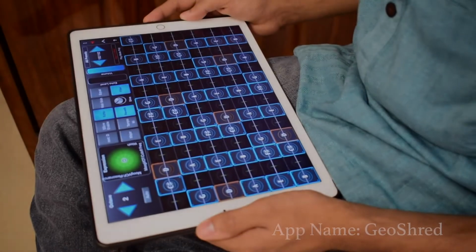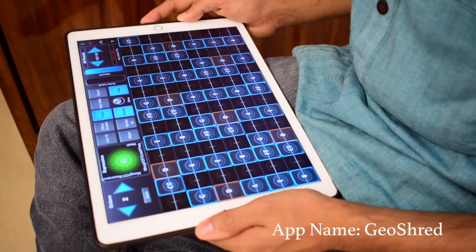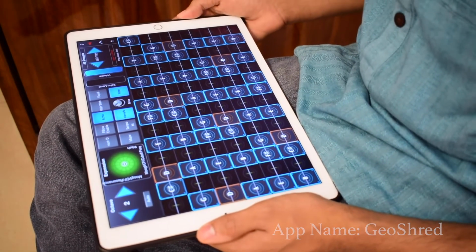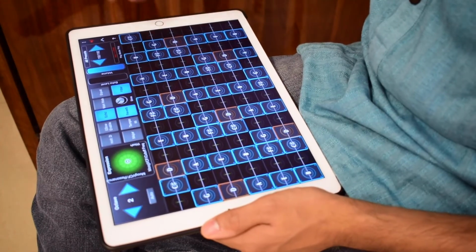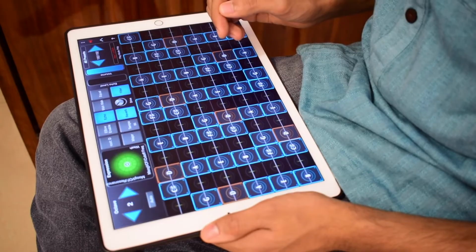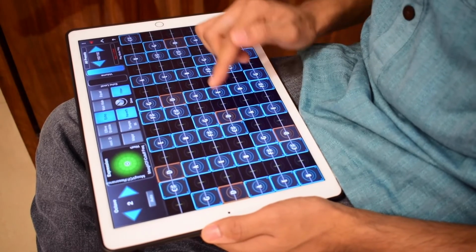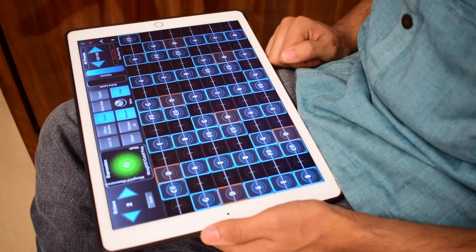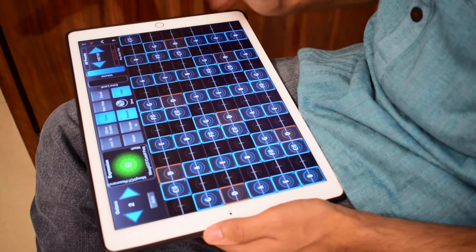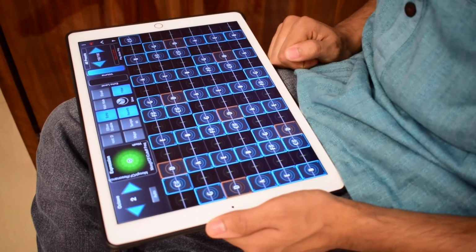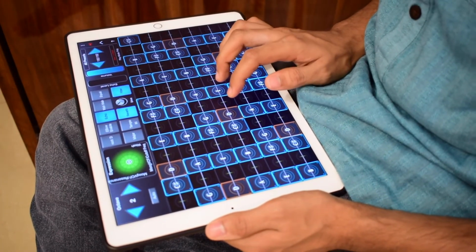So this is an app called GeoShred, and I've been using this app to play Indian music for quite a while. To give you a brief idea of how this app works, there are a lot of boxes on the screen. Each box represents a different music note. The orange boxes represent your root note, which is your sa, and all of the other boxes, the blue boxes, represent the notes of the scale. Right now I'm tuned to a major scale, so if I play only the boxes,